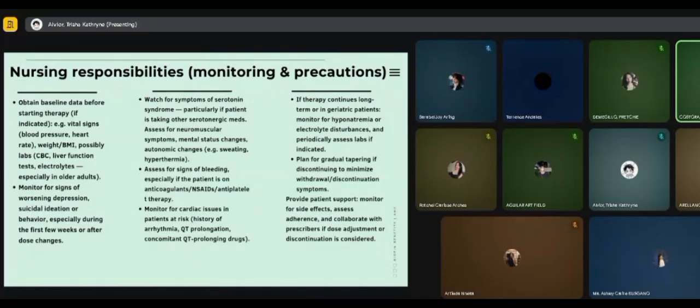And we also have to provide emotional support, reassurance, and encourage open communication about the side effects, and educate the patient to take the medication consistently at the same time each day for best results, and reinforce that the therapeutic effect may take 2 to 4 weeks, so patient adherence is important, and teach the patient to avoid alcohol and to report severe side effects immediately. We also need to provide emotional support and ensure the patient is taking the drug consistently.